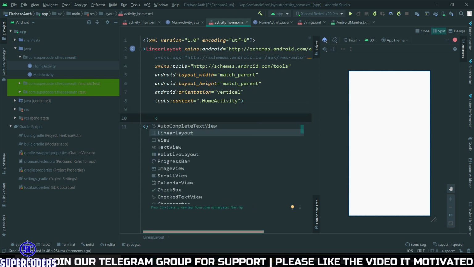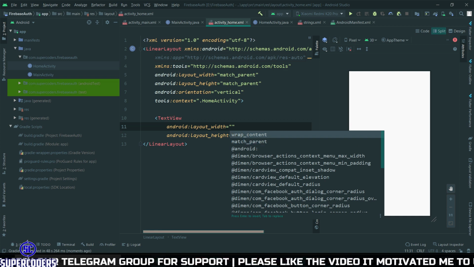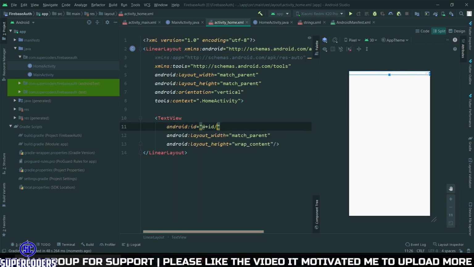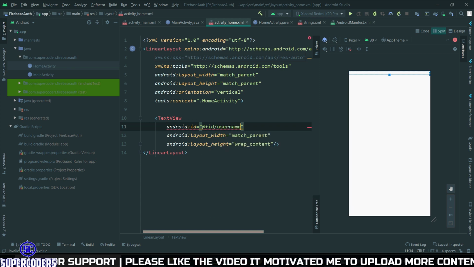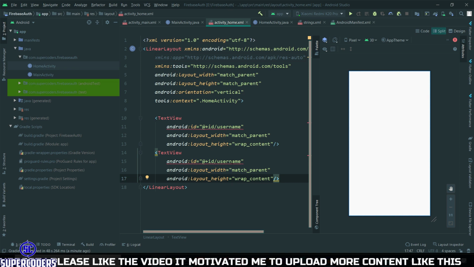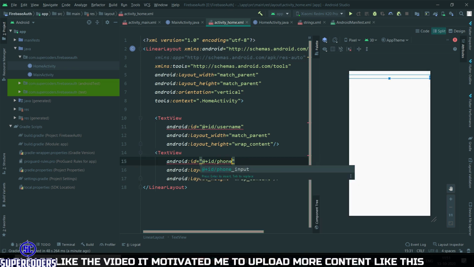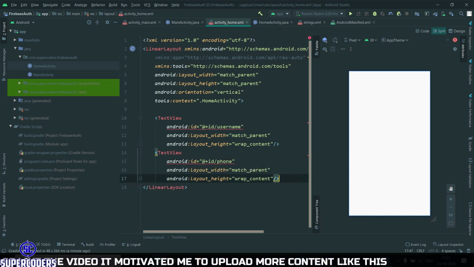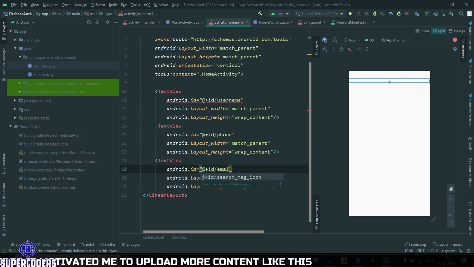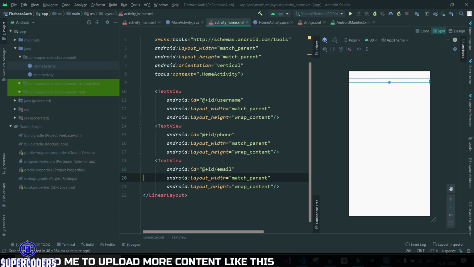Now here first a text view, match parent, wrap content, id equal to username. After that phone. After that email. So I am going to show these three options on this home page.